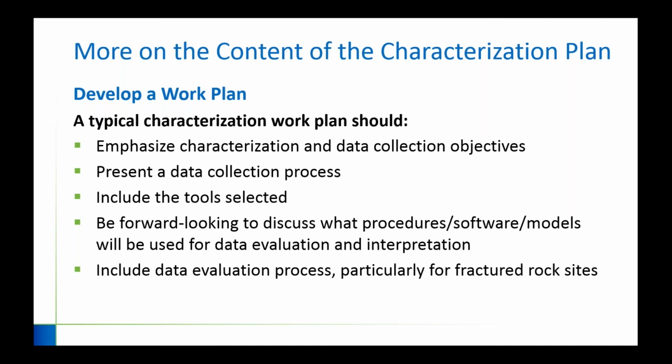So if you select a tool like an MIHBT and you're not really used to using that, you should think about at the work plan stage how you're going to get the data and what you're going to do with it. If you're satisfied with the field generated kind of information, if you want a bunch of PDF files of the HBT logs, pressure and flow rate,